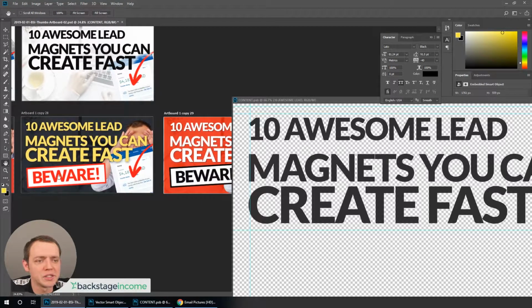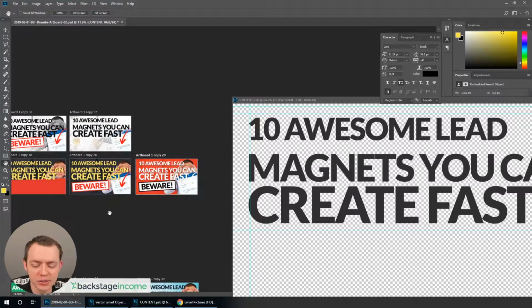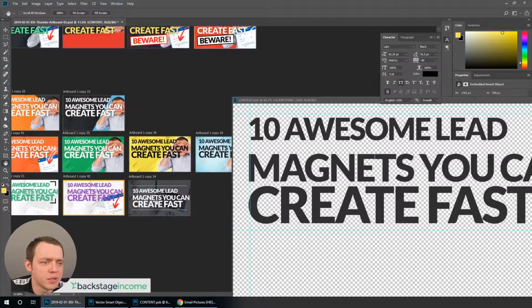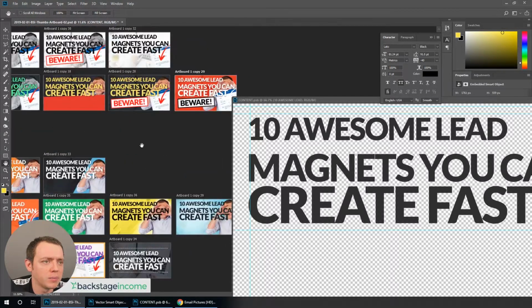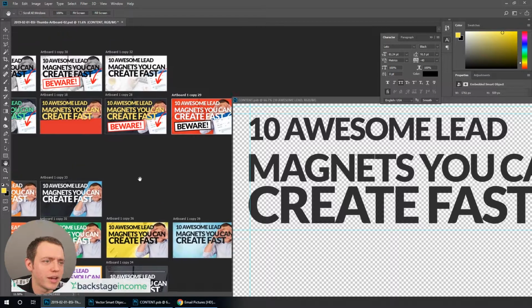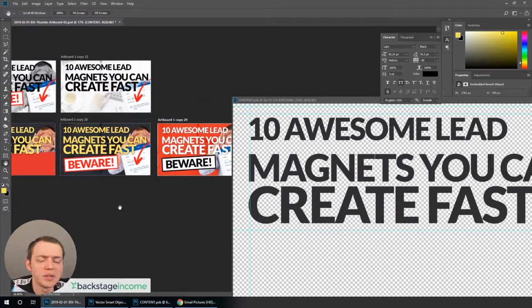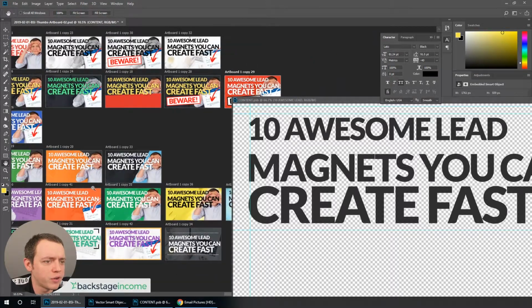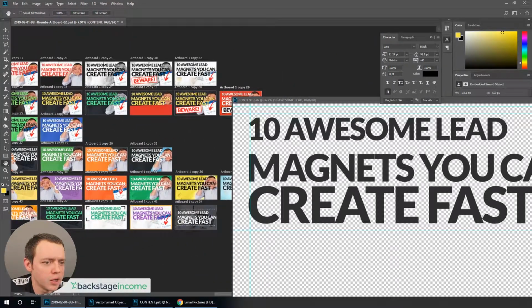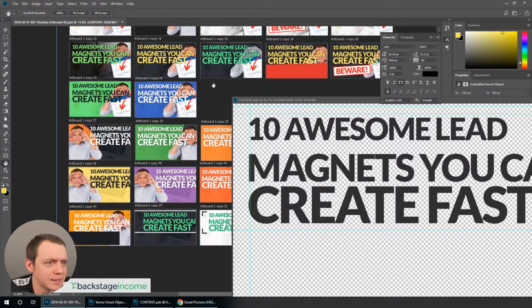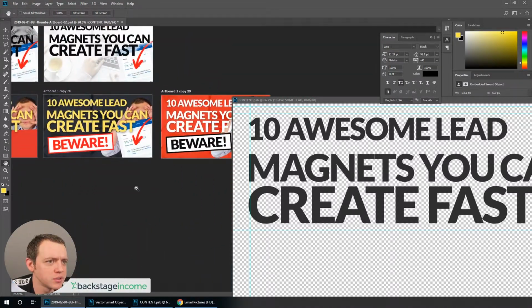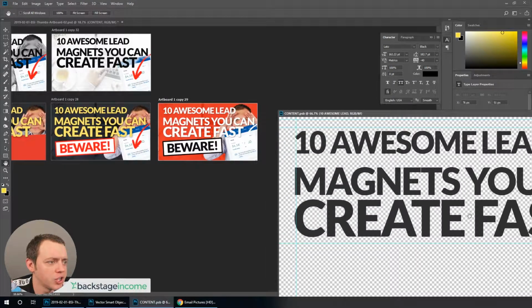So what I want to do is go ahead and make tweaks to kind of pick a template that works for my needs, right? So here I could do this one, this one, this one, 10 you can create fast. I might use one of these right here. That might be the one to go with. All right, so took a little breather here. So now we want to figure out which one we want to use. I think ideally it's going to be one of these two. So I'm going to go ahead and change this from create fast. I'm going to pop out this one